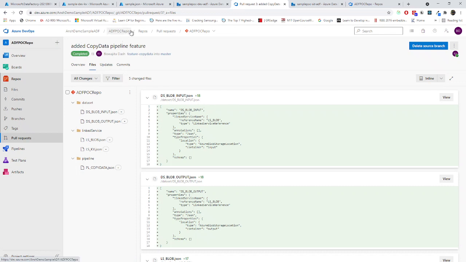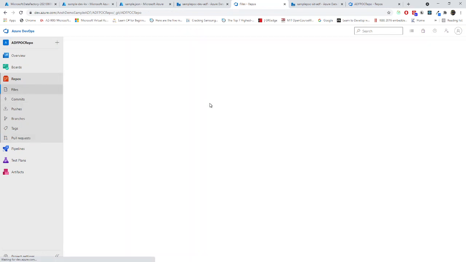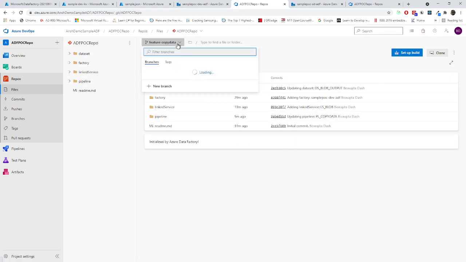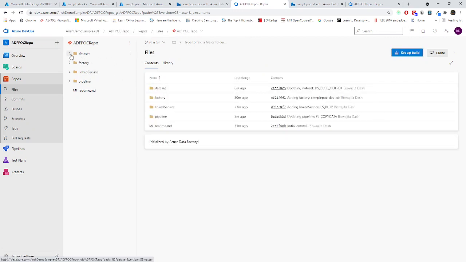Now if I go to my ADF repo files, in the master branch, you should see everything. Now this one is the feature copy branch. Now I'm going to the master branch. You should see everything over here. Now you can see the JSON files.